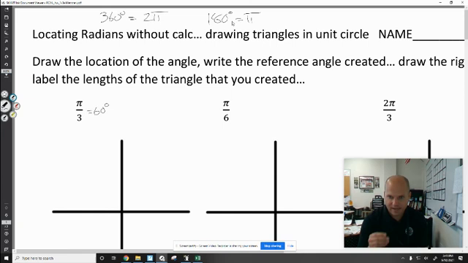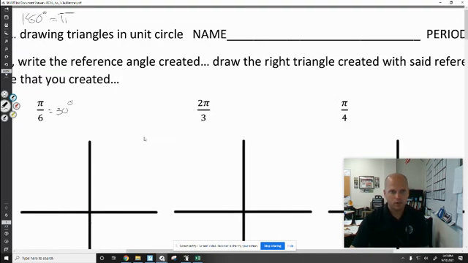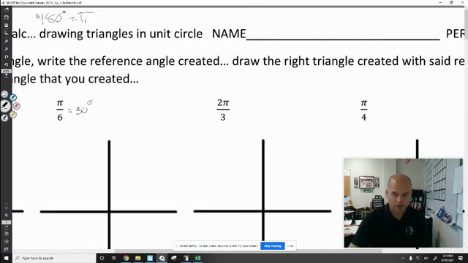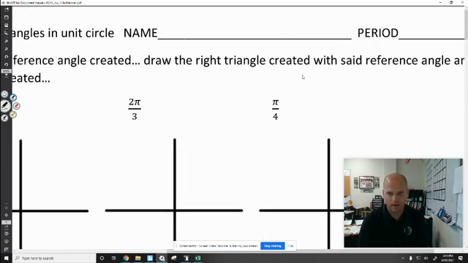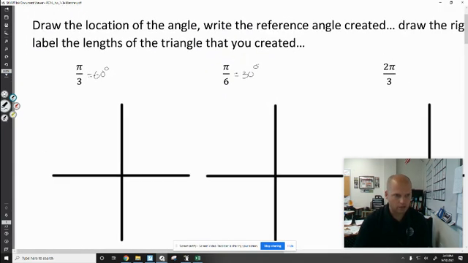Okay? Divide this by 6, you get pi over 6. 180 divided by 6, 30. And then we got pi over 4. Divide this by 4. 180 divided by 4 turns out 45. Cool? Cool. So what we're going to do is say, all right,